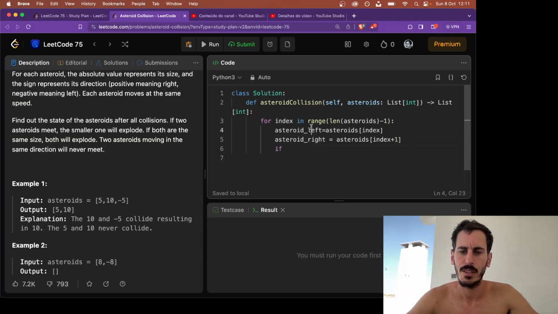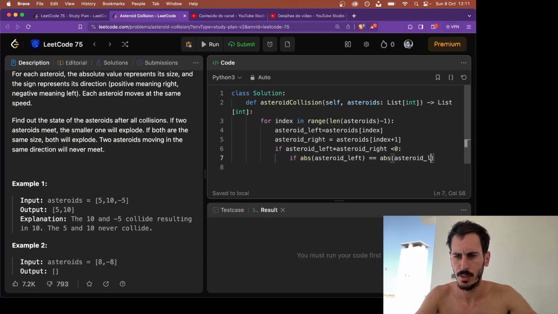So if asteroid left times asteroid right is smaller than 0, it means one of them is negative, we need to check which one is bigger than the other in absolute values. So if absolute asteroid left is bigger, actually if equal than absolute asteroid right,